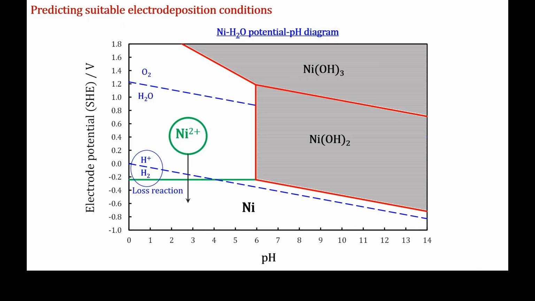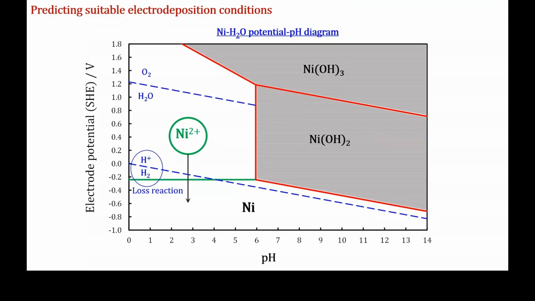So we can say a few things, again, based on this diagram. If we don't have complexing agents, we don't want to be in the alkaline region, we don't want any hydroxides, we don't want to oxidize the nickel 2 plus, we want to reduce it to some lovely shiny nickel. So this automatically constrains our conditions. And now we're starting to look at what potential we should apply to get our nickel reduced and